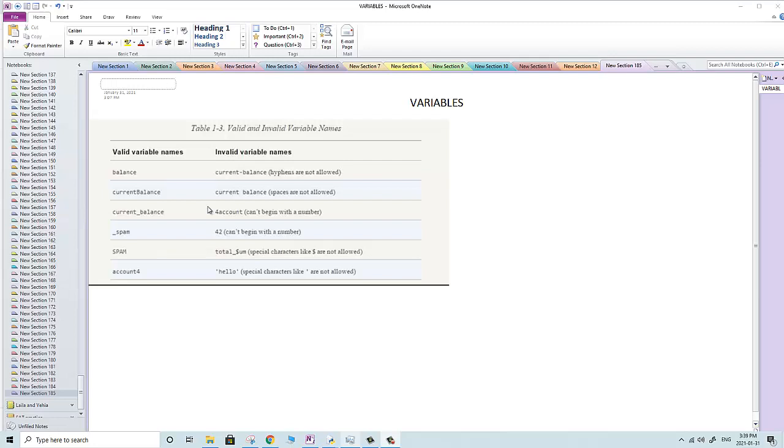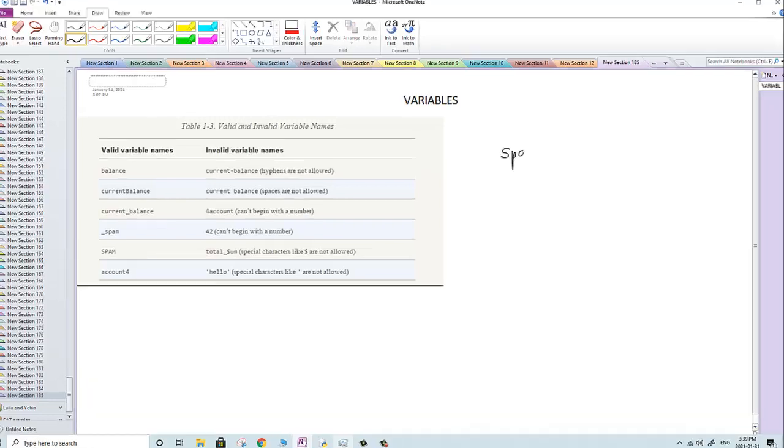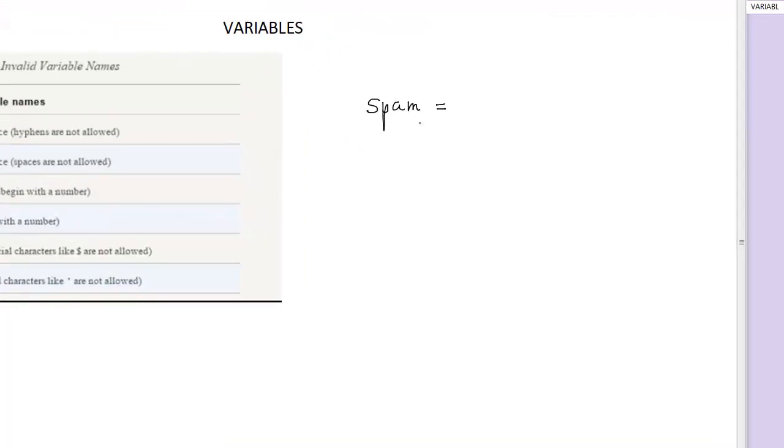How can I assign a value to a variable? This variable can have any name, any symbol I want. So let's say I'm creating a variable called spam. To this spam, I can assign the word hello, something like that. Python will not read from left to right. Python will read from right to left. That means Python will say there is a string hello that I want to assign to